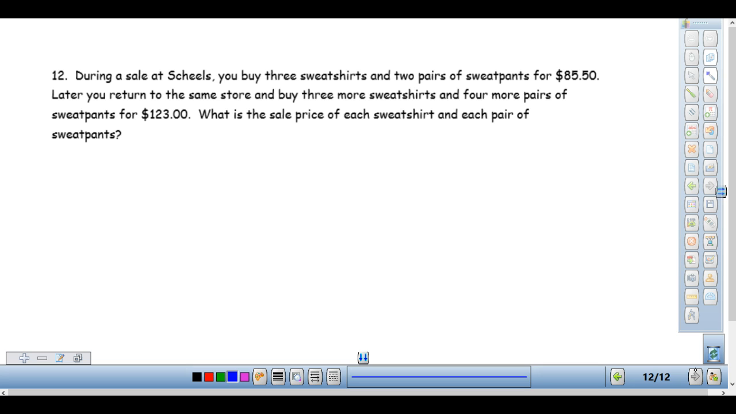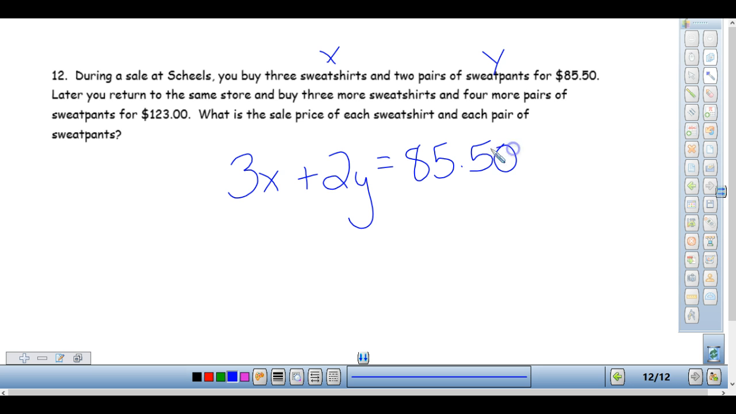Okay, number 12 was extra credit, but let's talk about it. My sweatshirts are going to be x. My sweatpants are going to be y. So I buy 3 sweatshirts. I have 3x. Plus, I bought 2 sweatpants, so 2y. And that cost me $85.50. Then I went back in. I got 3 more sweatshirts, and my sweatshirts are x. So 3x plus 4y is going to give me